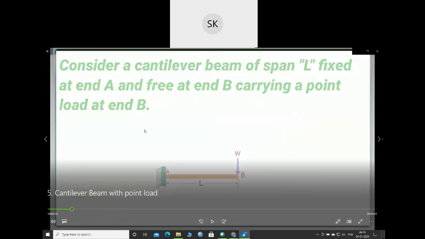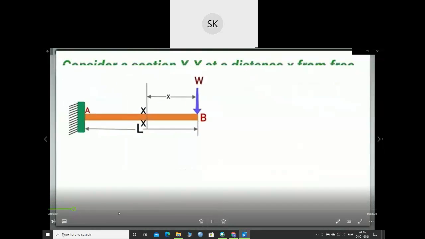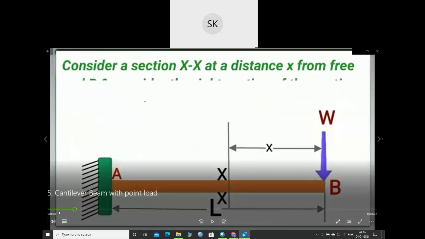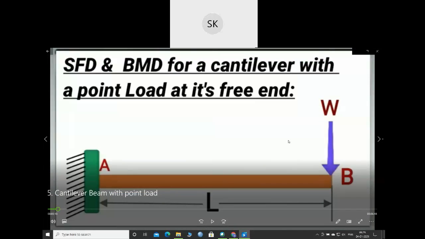Okay, so today we'll discuss this cantilever beam with point load at the free end. So this is the cantilever beam fixed at A and free at B, and we have a point load of W at the free end. Okay,